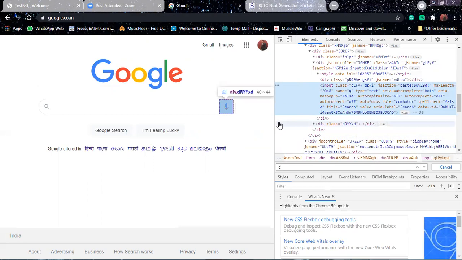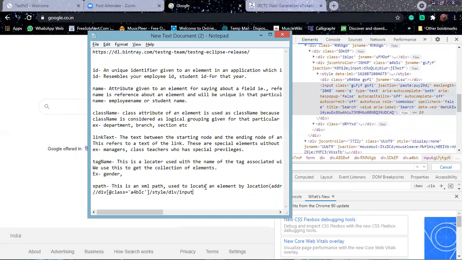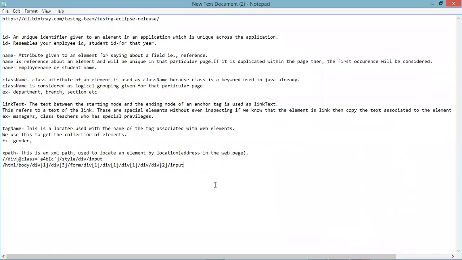Now come to your notepad and paste it in the next line. This is not interacting with the direct address. You don't know what Bapatla is. I don't know about Bapatla town. I am from the US. If you have to tell me your address, what will you say? Come to India, from India come to Hyderabad, and from Hyderabad take a train to Bapatla. From Bapatla, take an auto and come to this place.